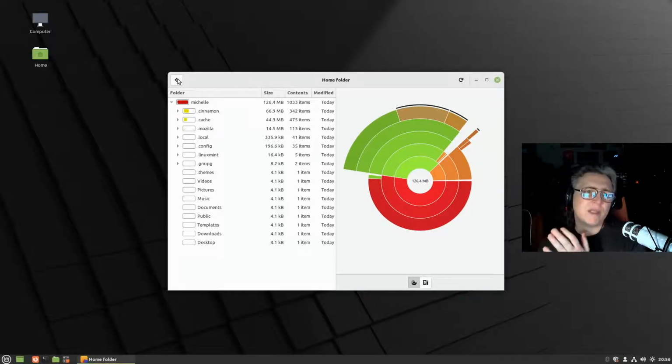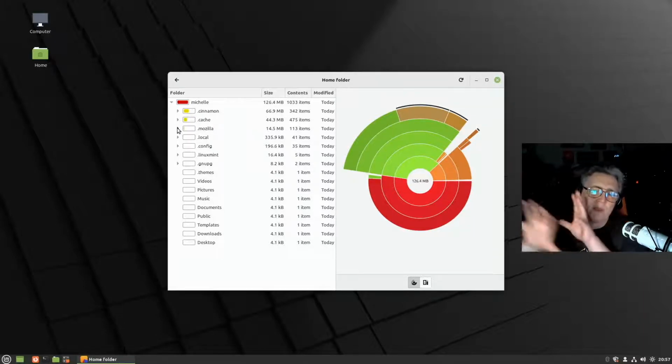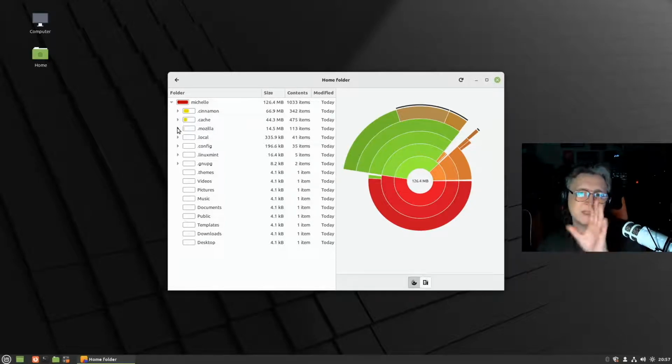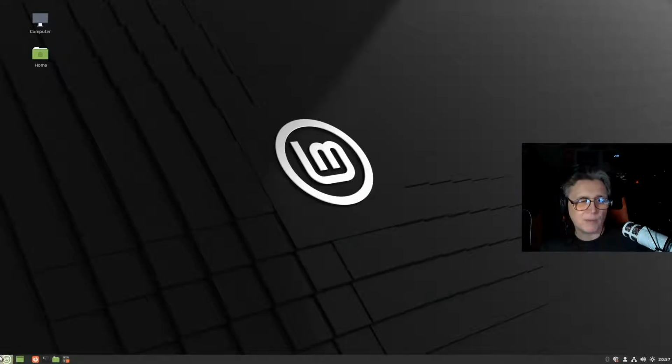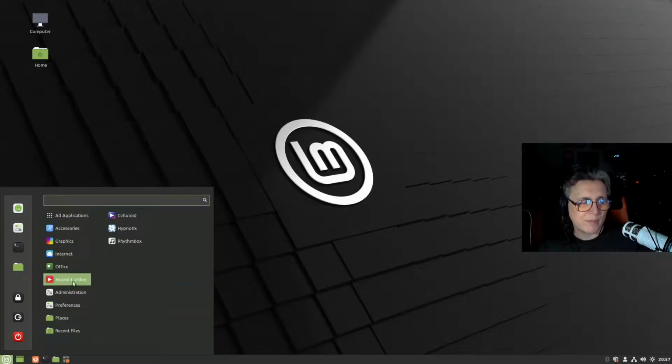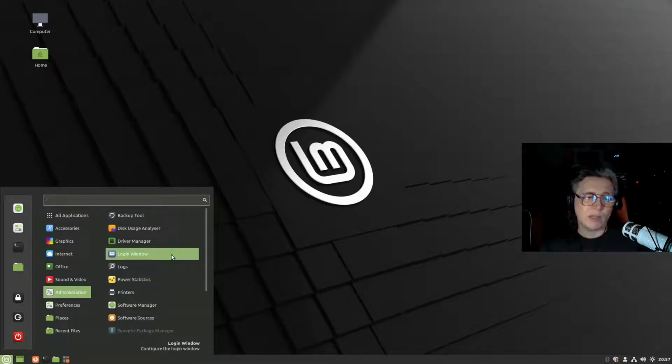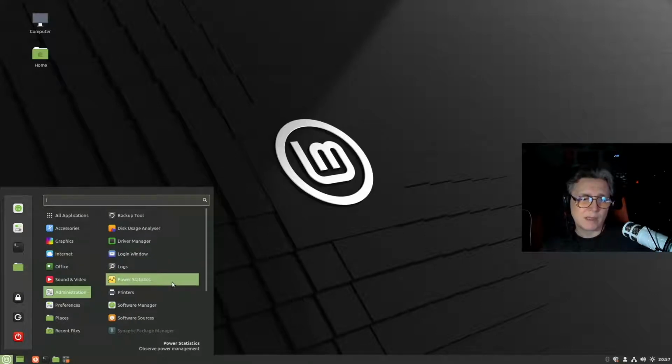The equivalent for this would be TreeSize or TreeSize Pro on Windows. But TreeSize Pro goes into more detail than this does. This just gives you the basics. TreeSize Pro will give you a lot of information on how old files are and all that stuff. This is a nice basic tool to see how much data is in various areas of the hard drive. So if you're running low on space, you can find out where the worst is. You also have the login window, logs, power statistics, printers, which is pretty useful, software management, which we'll come on to in a bit,